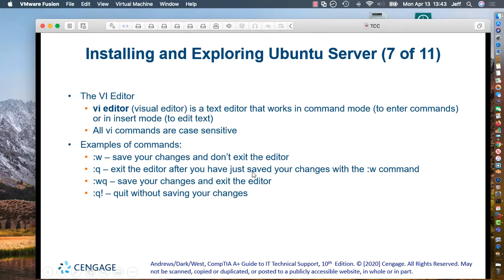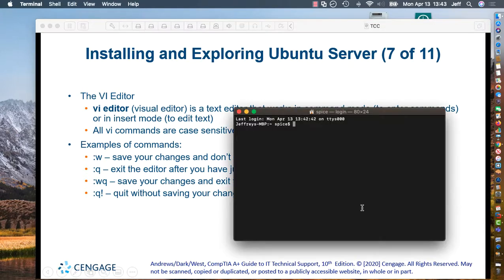VI editor, that's how you can create some text files. So if I do VI this .text, I'm going to create a text file. So this is my file, right? So then